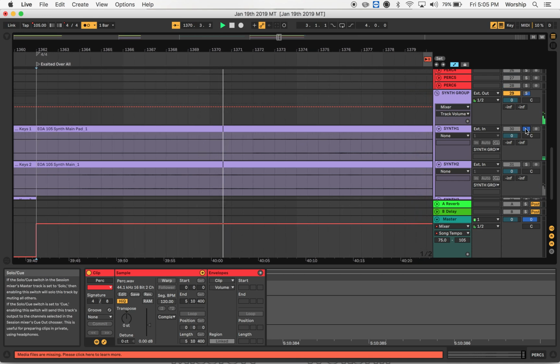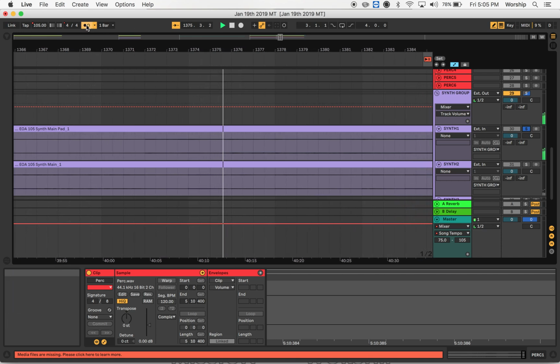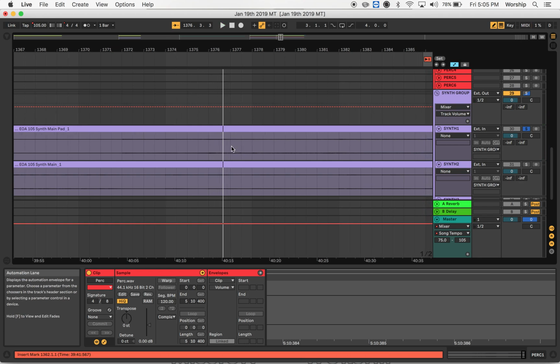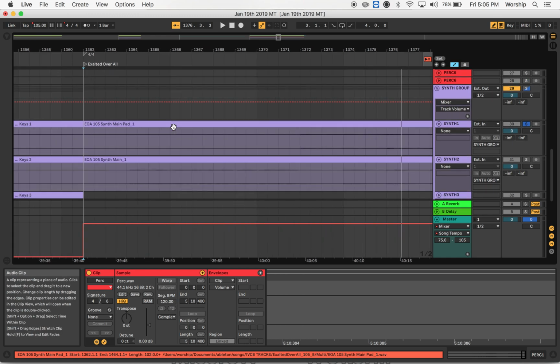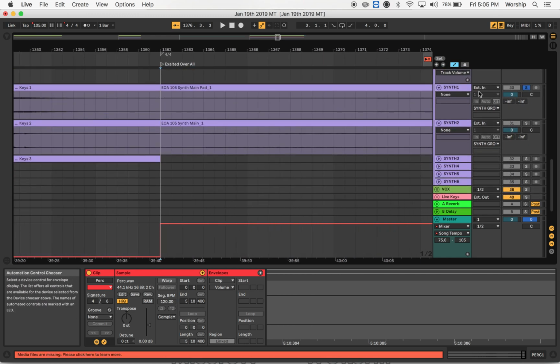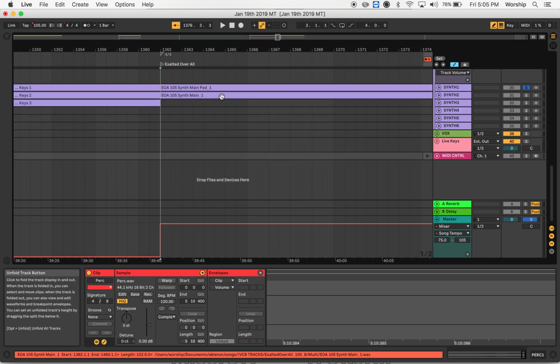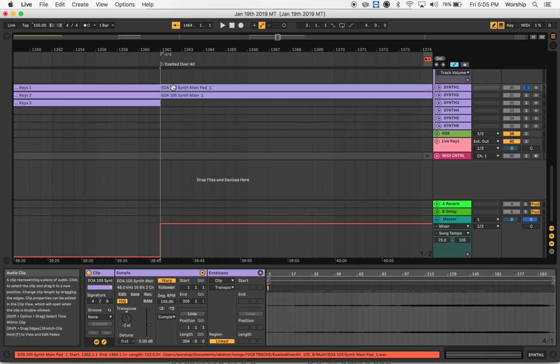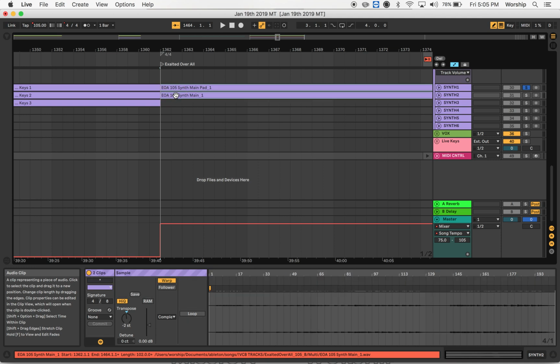I'm going to solo this one, see what it sounds like. So that's actually kind of like a piano sound that's maybe in the background a little bit. So I'm just going to keep it here, but I am going to move these so that they don't run into each other. I'm going to take this one, command click this one, and move them down.